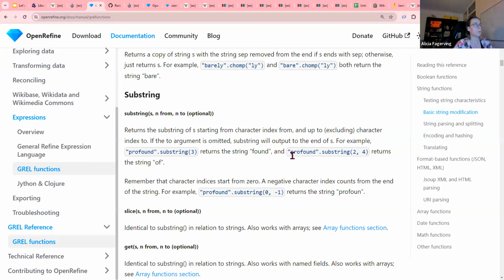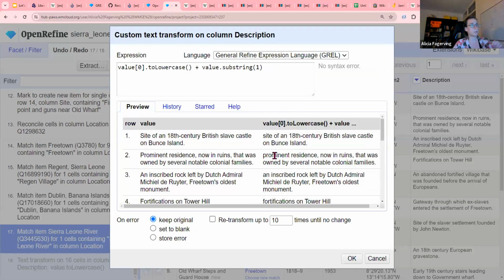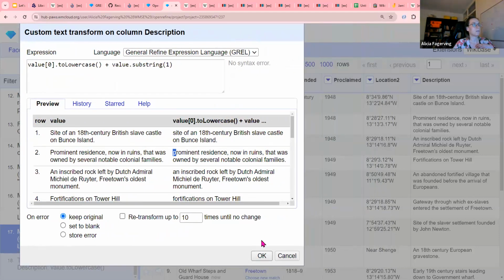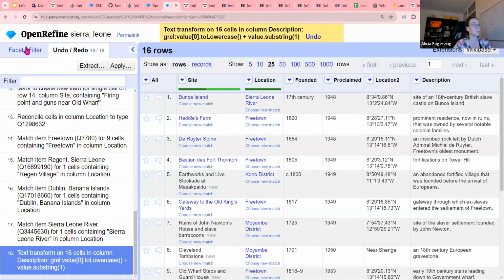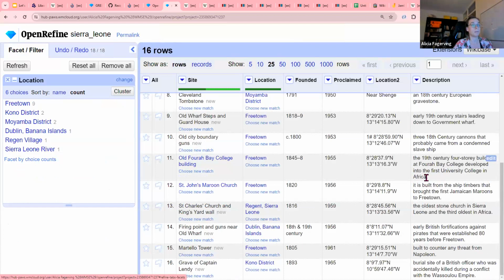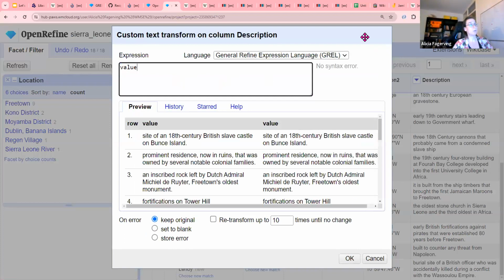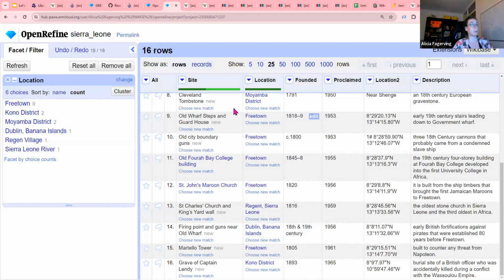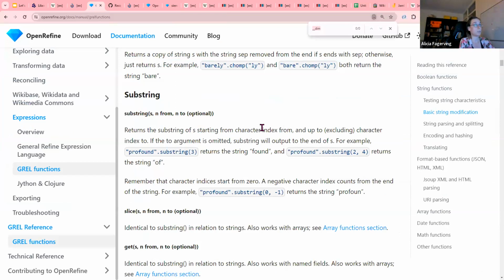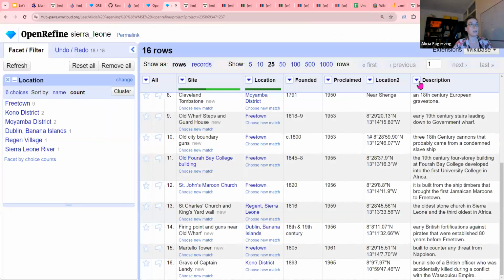So I want to go to like this. So this will only replace the first. Here it did. But I also want to remove the full stop. So I need to find a function to find the last character of the string. And I'm going to create